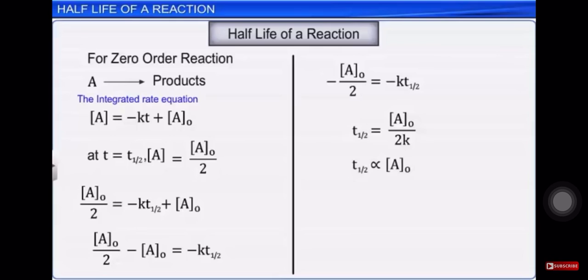And if I am taking only 50 liters initially, and it is taking 5 hours, so its half life will be 2.5, right? That is 2.5 hours. So what did you notice from this? That the half life also depends upon your initial concentration. If it is more, then the half life will be more, that is, the time taken will be more. Okay, so this was about first order reaction.